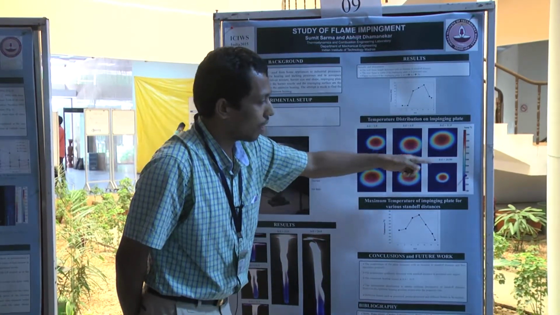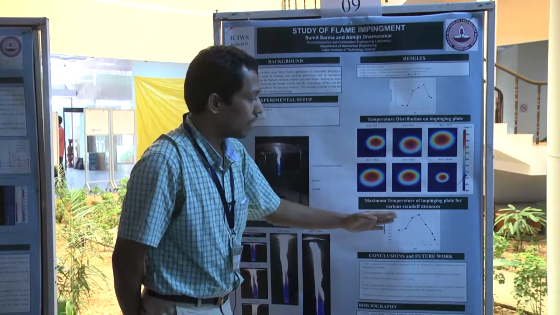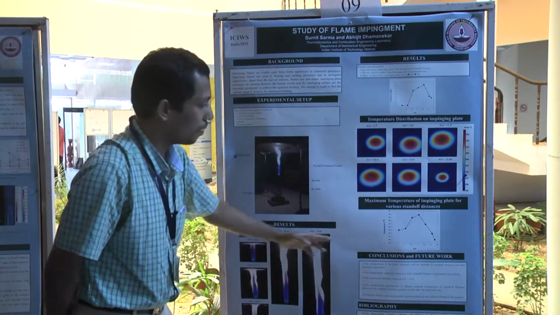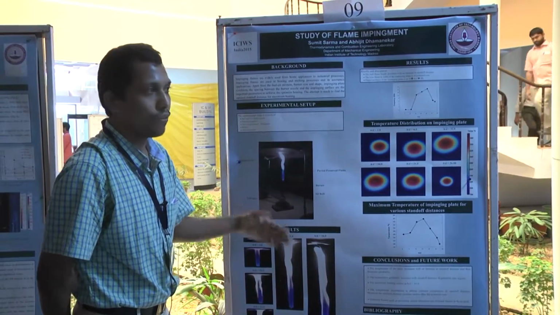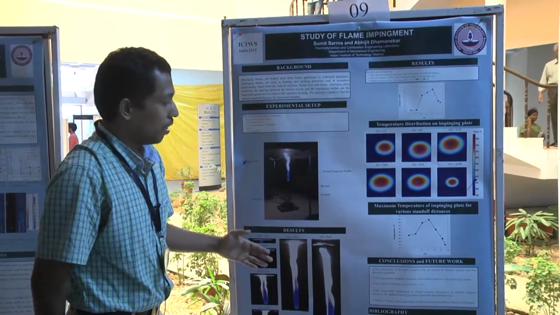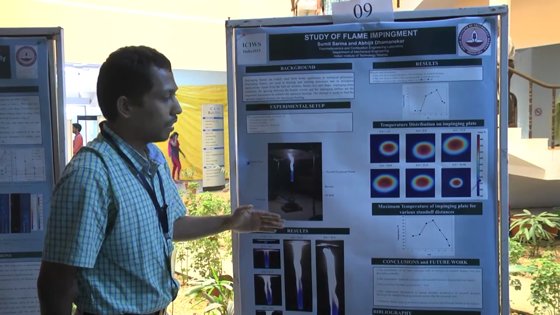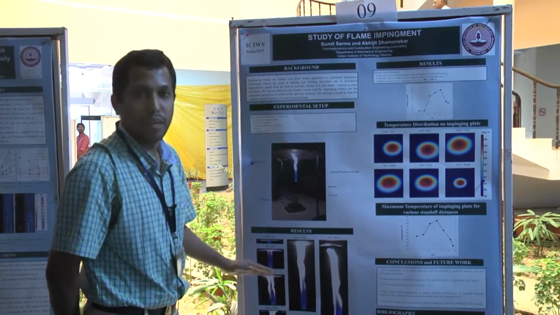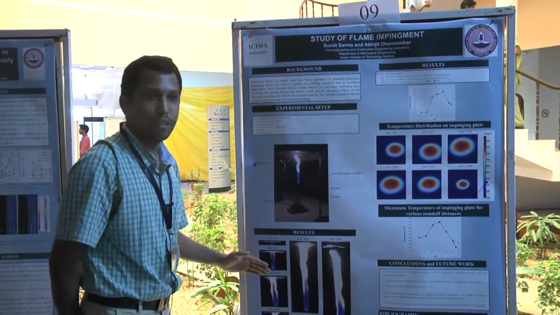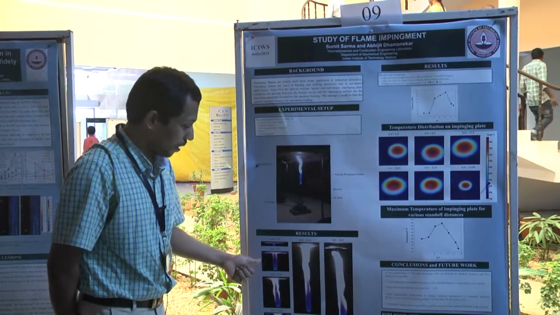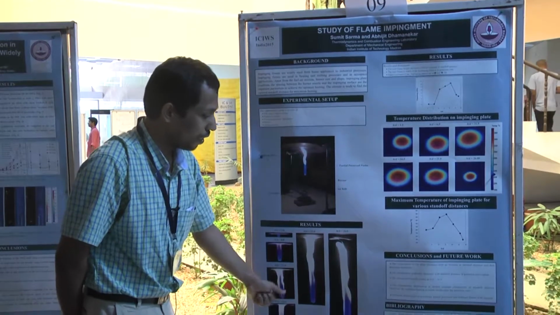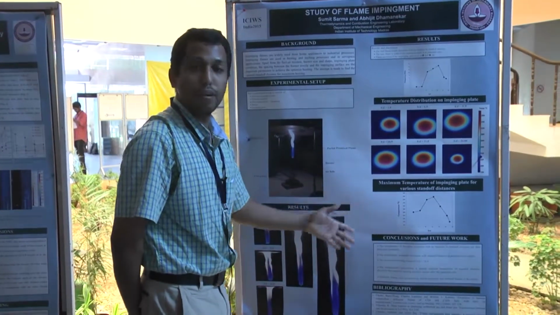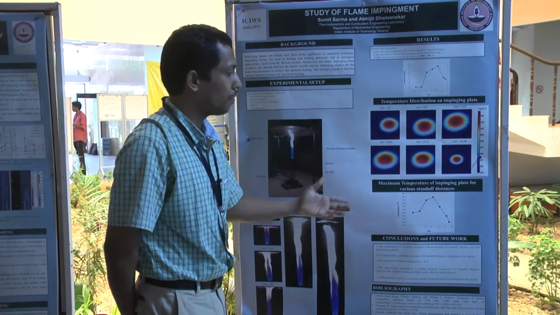When you go further above 21, you will get stable flames, and at that time the temperature starts decreasing. So it is necessary to find, for different fuel ratios and different fuels, which is the maximum, but it can be concluded from this that it should be above the potential core region, because when you stay within the potential core region, the complete flame structure is also varying. So we have to study further different cases for different fuel ratios and different distances.